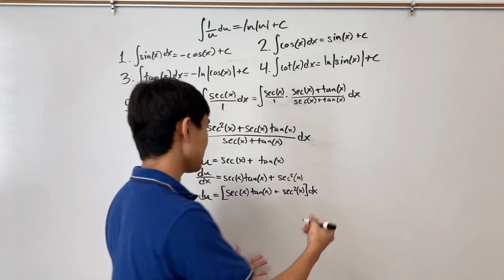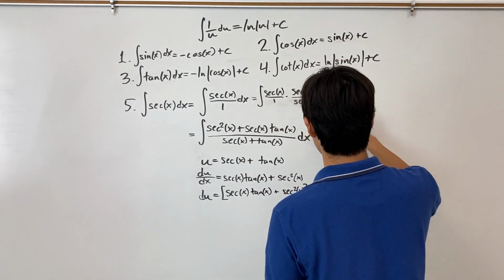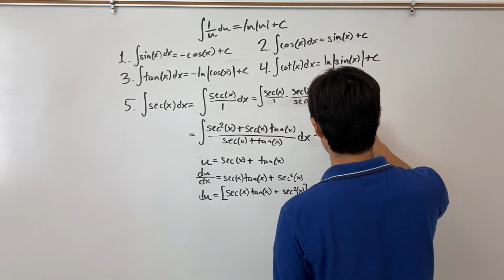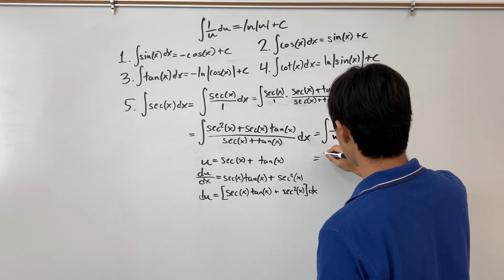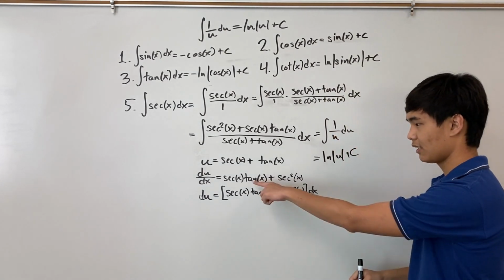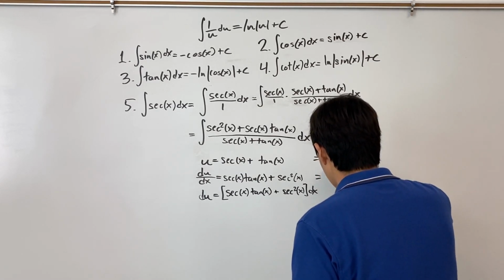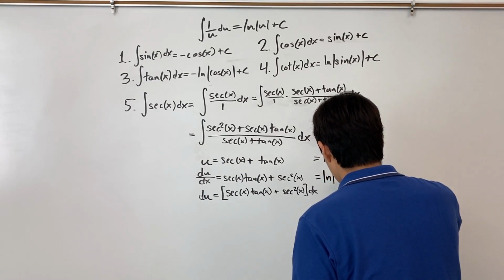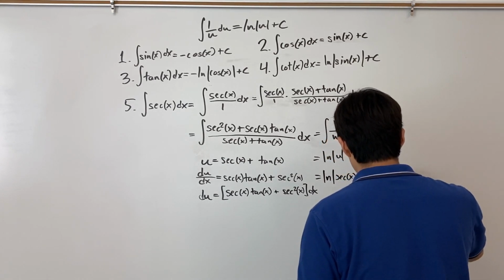So when we make this substitution, this turns into the integral of 1 over u du. And we know this is ln of u plus c. And since u is secant x plus tangent x, the answer to this integral is ln of secant x plus tangent x plus c,